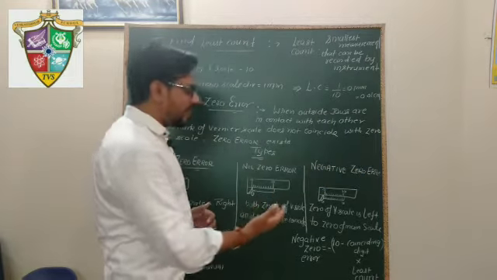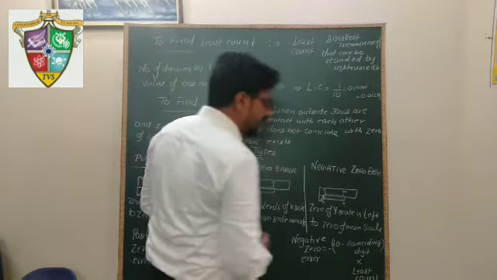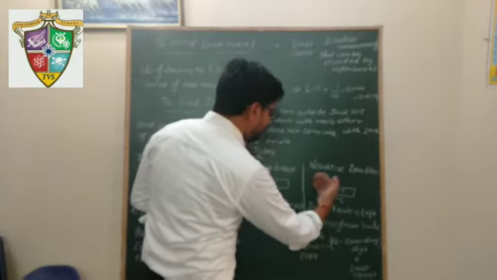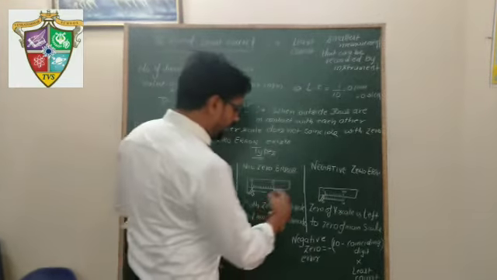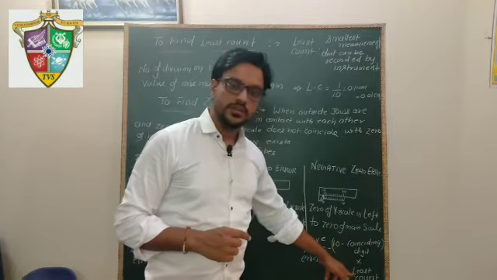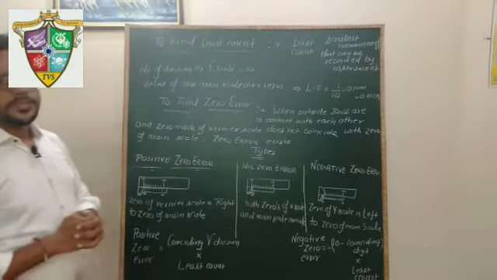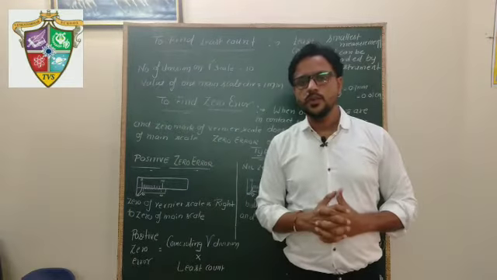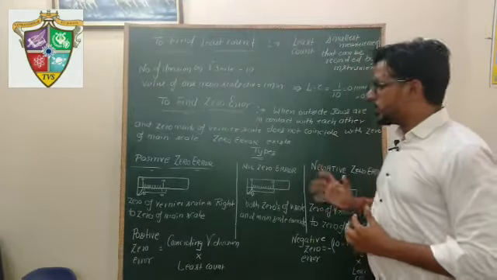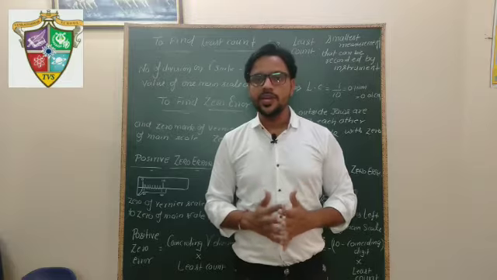Then how will we find this negative zero error? We will take 10 minus the coinciding digit. We will see which digit of the vernier scale is coinciding with the main scale, and then we will take 10 minus that digit, multiply by the least count, and take the negative of that value. This is how we can calculate zero error. So before measuring any value with the help of a vernier caliper, we should know about least count and zero error. So let's see how the vernier caliper actually looks and how we can use it.